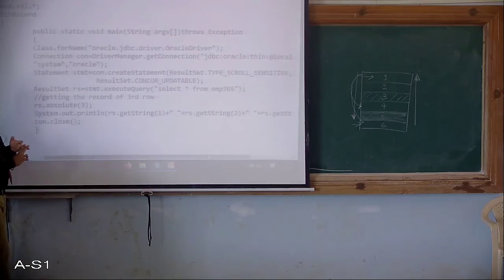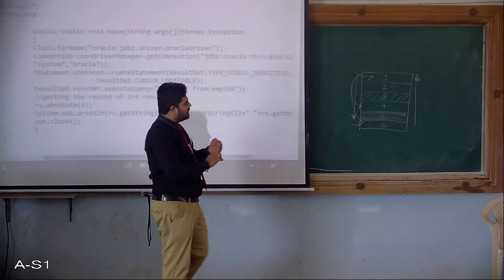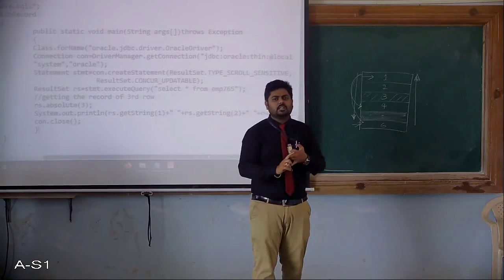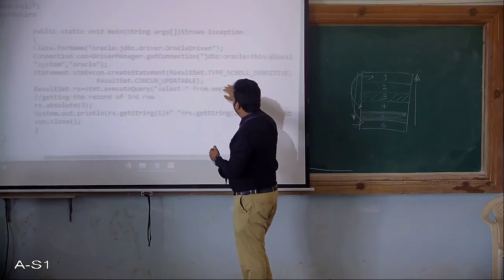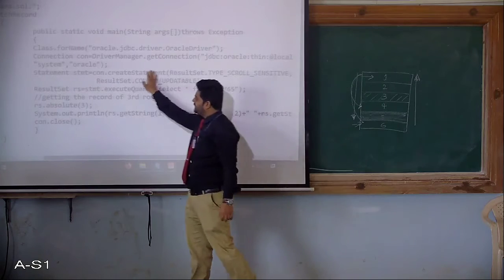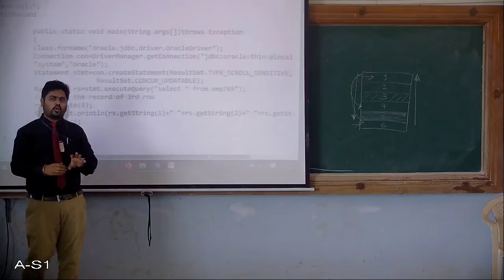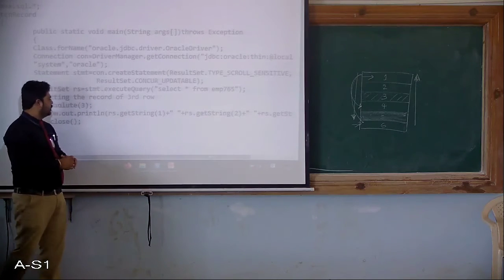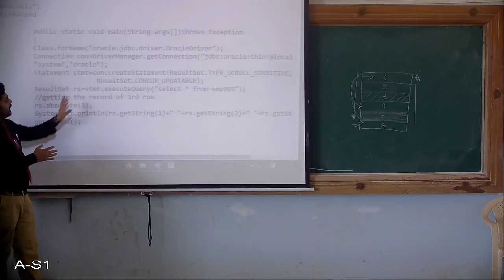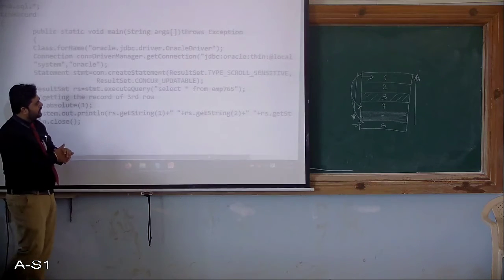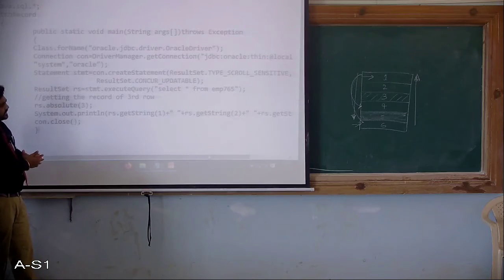Like that you can use isNext, fine, next, first, last, absolute, then next, okay, previous. There are different types of methods which you can access, and the type of result set which you want to set, you can pass it using the createStatement object. So this is how your result set will be in that particular format, and you can use all those methods which are accessible and allowed for that particular ResultSet interface. This is a small example of how to set a result type, in which format you want to get your result set, then how you are going to use the different types of methods on that particular result set. That is what it means.